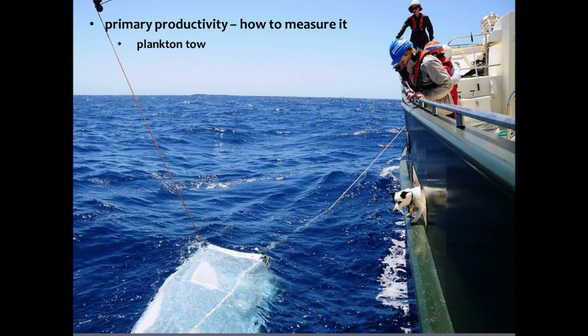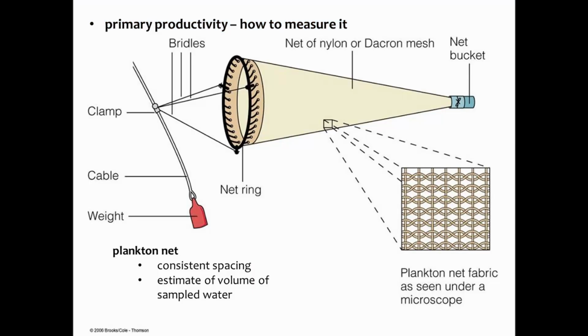To go out in the ocean and measure primary productivity, you do something such as a plankton tow. This is a hands-on method. You have a net, and you tow it alongside or behind a ship, and it collects all these tiny microscopic organisms, these primary producers in the water. Then you take a look at it, and from that you determine what the productivity levels of that particular area of the ocean are. This is a diagram of the type of net that's used when doing a plankton tow,